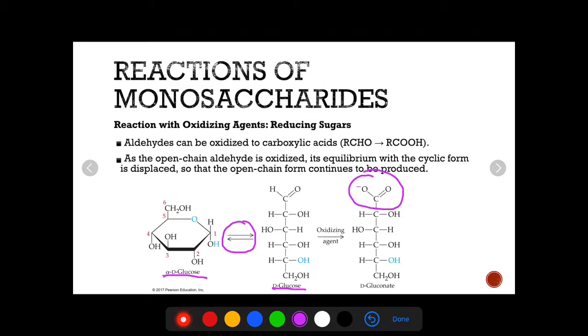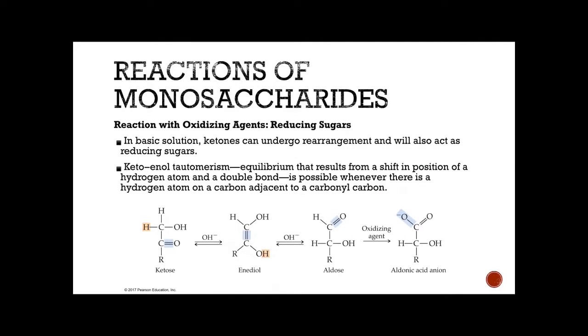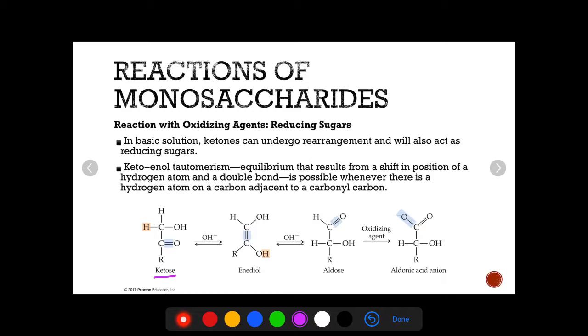So this is an aldehyde. We saw that with ketones as well. Normally when we try to oxidize a ketone, that doesn't happen, right? You can't oxidize it. But if a ketose is in a basic solution, then they are reducing sugars. So what happens is, here's our ketose. All right, we've got that ketone group there. And then when it's put into a basic solution, so OH, that represents our basic solution,